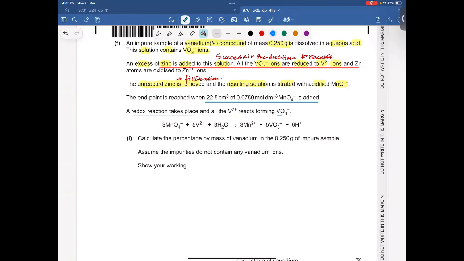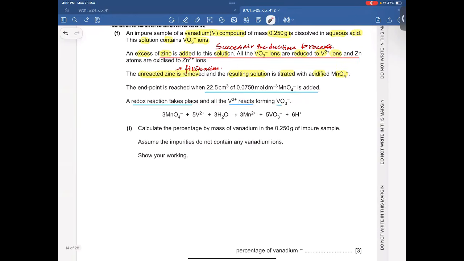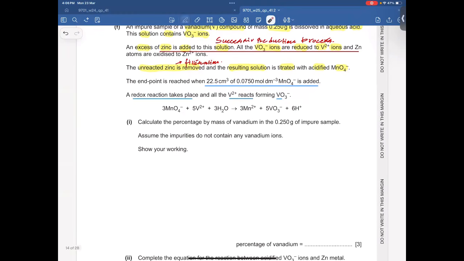Okay. So technically, manganate(VII) ions, being an oxidizing agent, oxidize V2+ to V3+, then V3+ to V4+, and then V4+ to VO3-. And that's successive oxidation. Okay. That's very critical, both oxidation and reduction happening successively. Calculate the percentage by mass of vanadium in this impure sample. Okay, show your working. Okay, first of all,